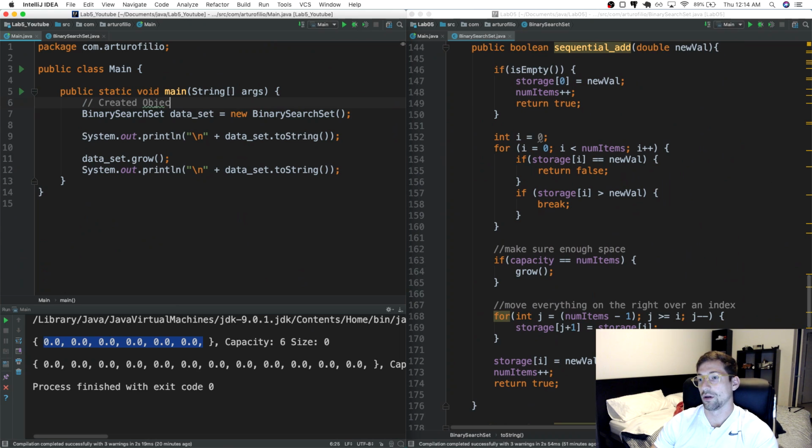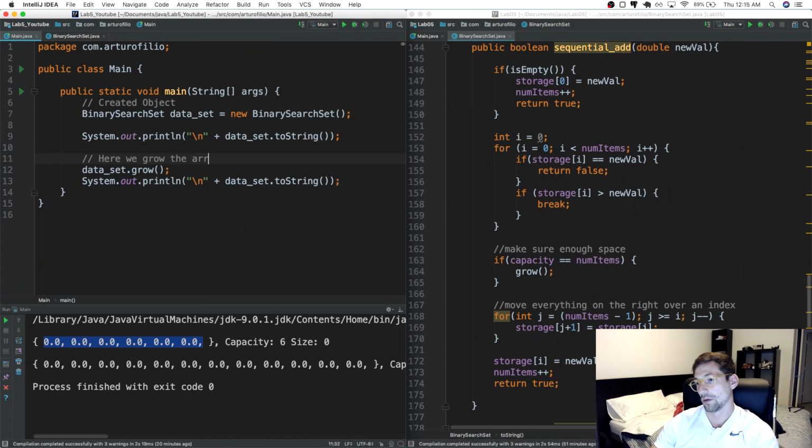Created objects. Here we printed, and you can see how it looks. Here we grow the array twice as much. Okay,